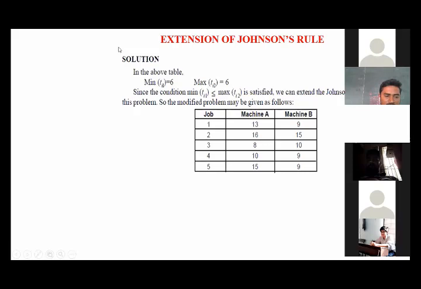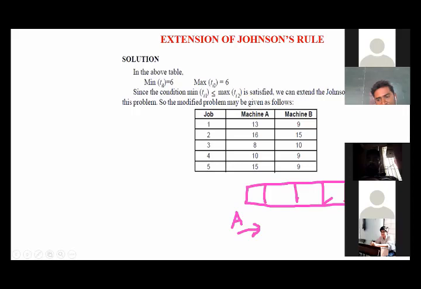Here we have the 5 jobs. Same as before, I would like to take the 5 columns here. That is the box I would like to take. Here I mentioned job A is on this side, and job B values we are going to take on this side. So coming to the table, in this table we are going to identify the minimum values.